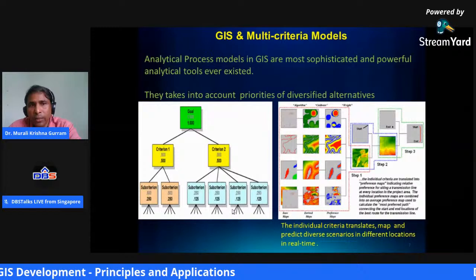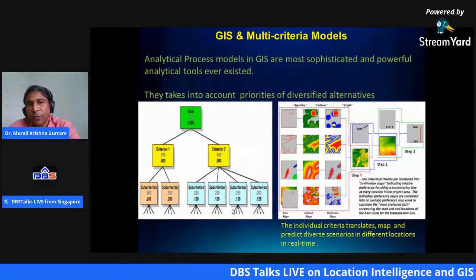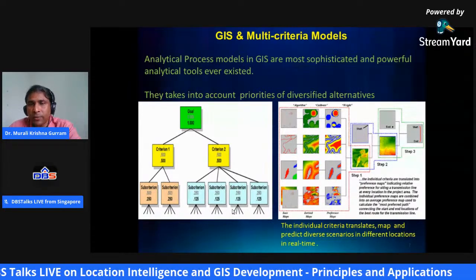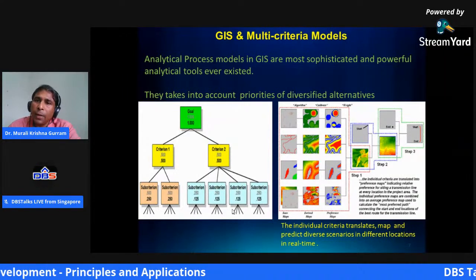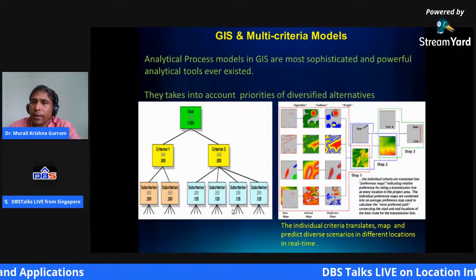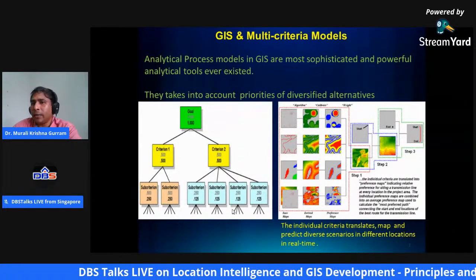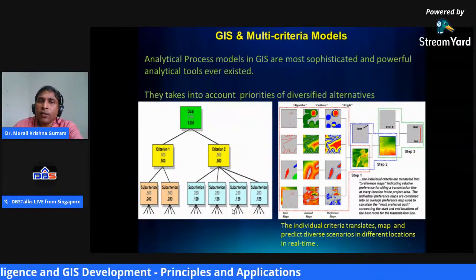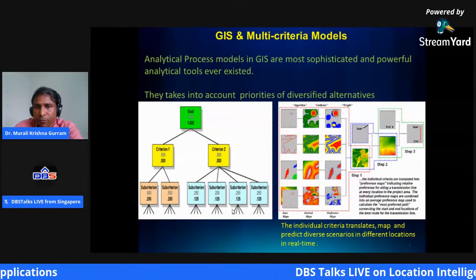These are all dependent on this premise of multi-criteria models, which takes into account the priorities. These models diversify the alternatives, and ultimately translate the individual criteria into a visualization or pictorial form as a map, and predict diverse scenarios in different locations in real time.